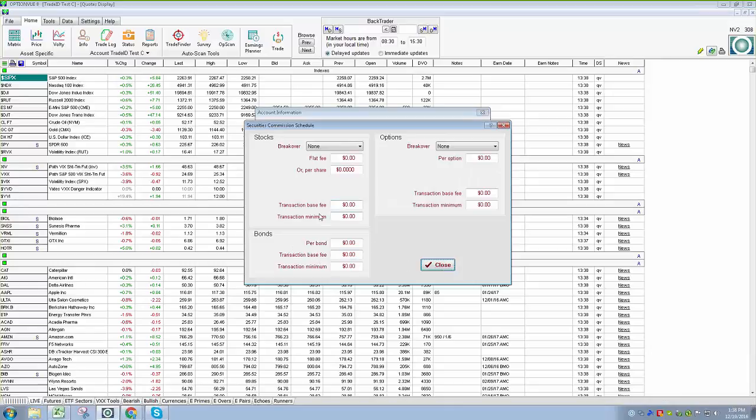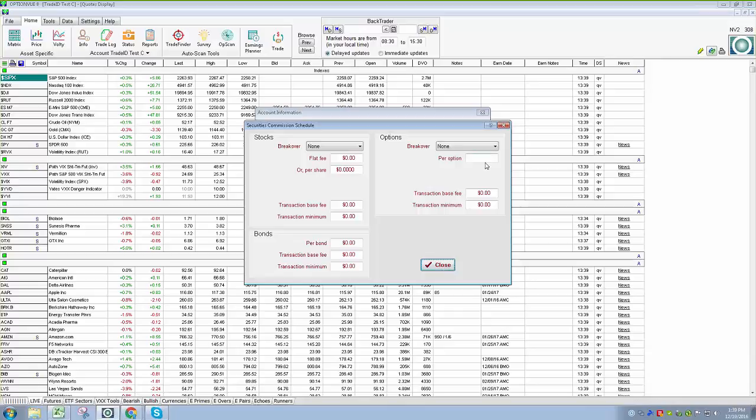Okay, I have all mine zeroed out, and when I put trades on, I'm always going in myself and manually putting in what I got filled at, or the commissions that I got charged. But as a default, the commissions are outrageous. I think it's like $14 or $15 a transaction base fee, and then it's charging you per option. So you're definitely going to get some really high commissions to start off with, unless you come in here and